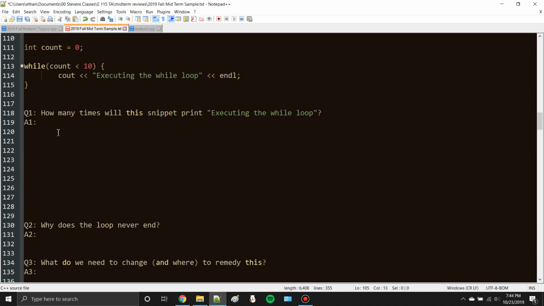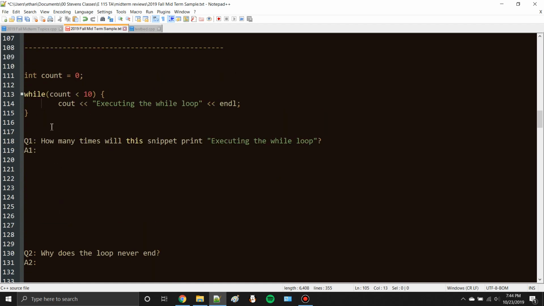Let's go to our next one. So we have this snippet of code: count equals 0, while count is less than 10, cout. How many times will this snippet print? This will print an infinite number of times,